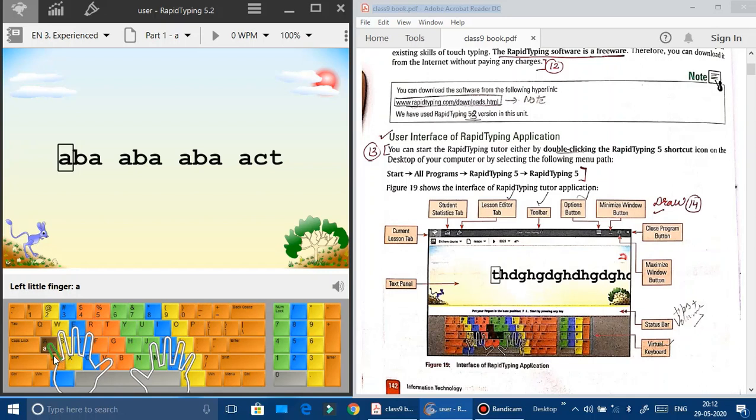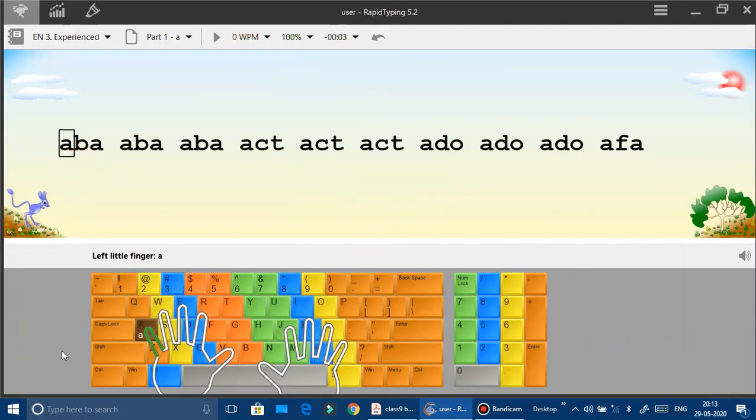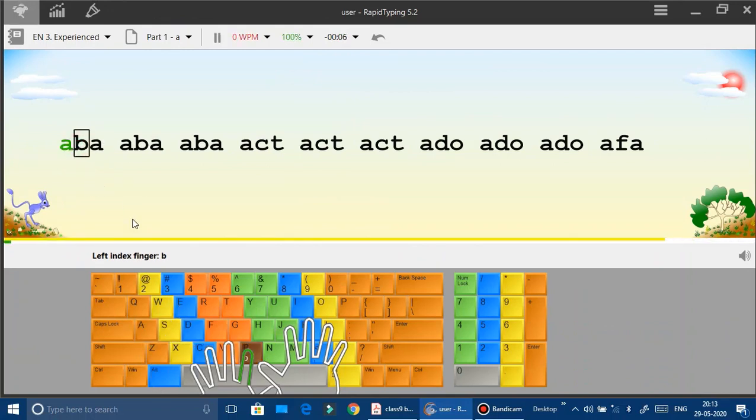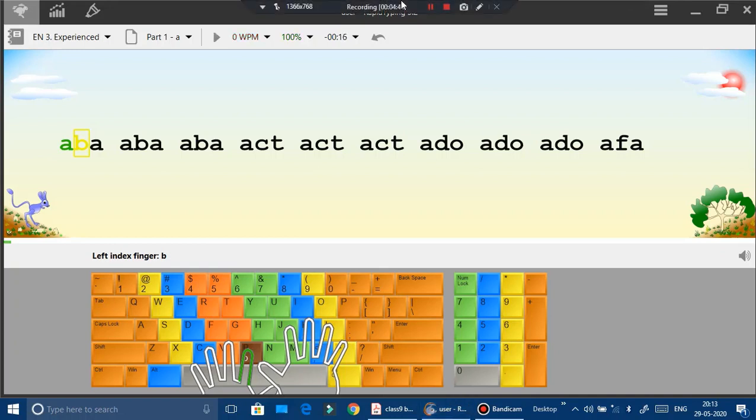So you can use this information or the indication they are giving you. When you need to type B, it will give you the indication for B also. Once you type it, it will move to the next one, like B is here, so it will give you an indication like this. I hope you are understanding my point also. So you can do practice on a daily basis also.